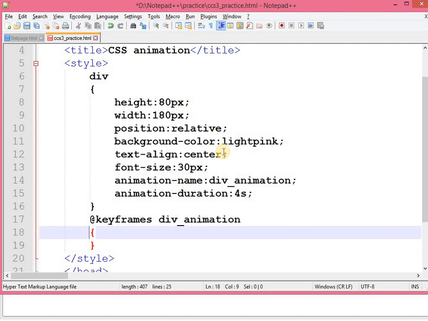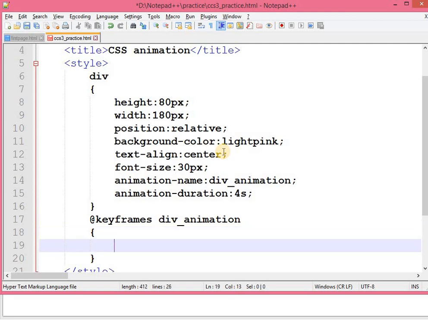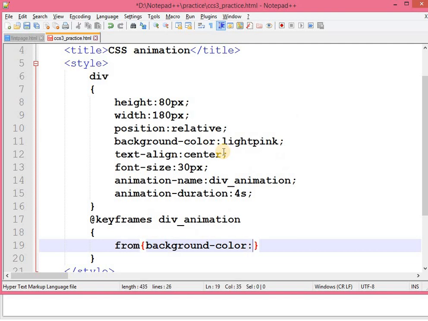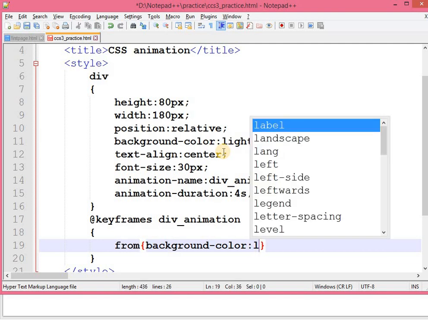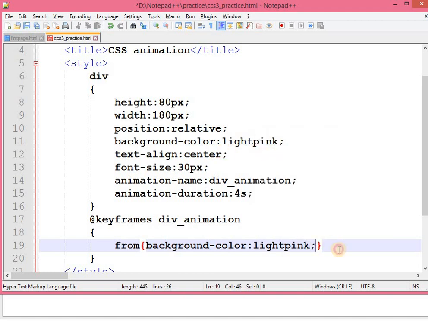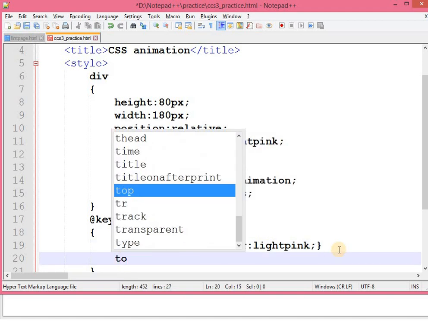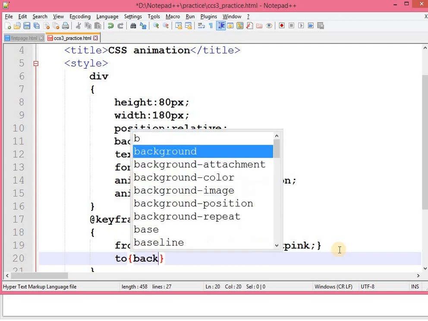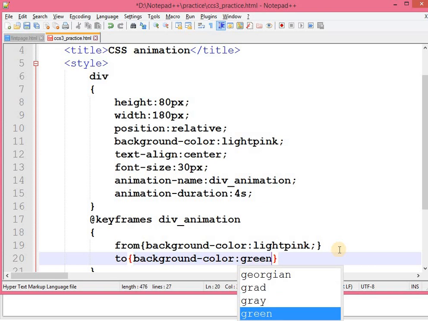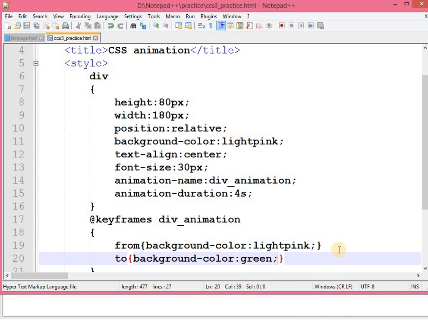After that braces, within braces, first of all I want to use from to. From, let me set background color light pink, to background color green. Okay, this is a property that I want to set in my animation.